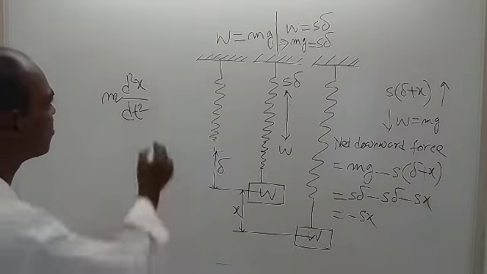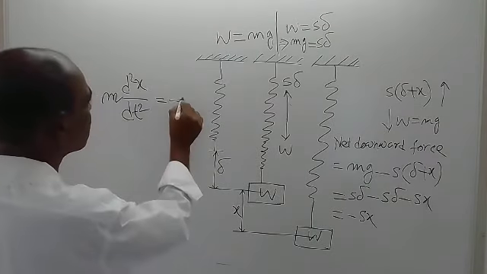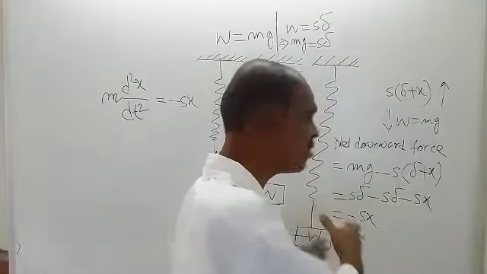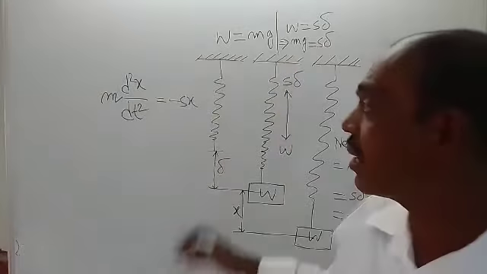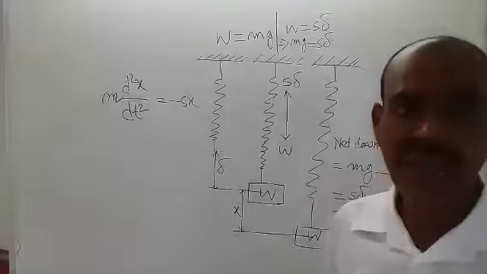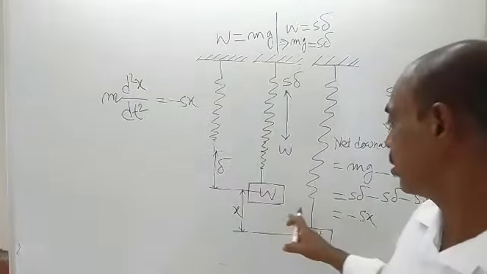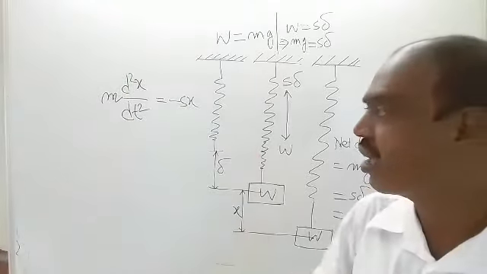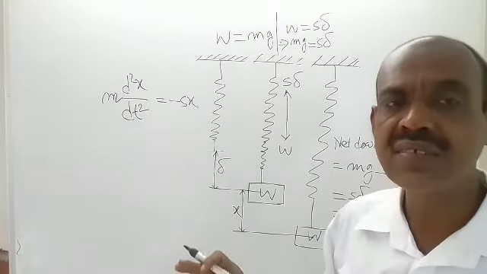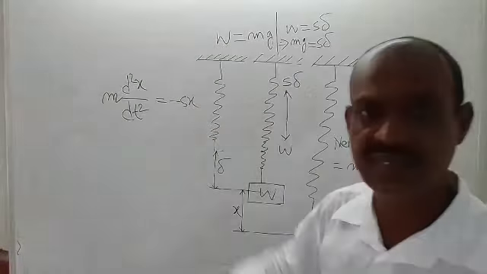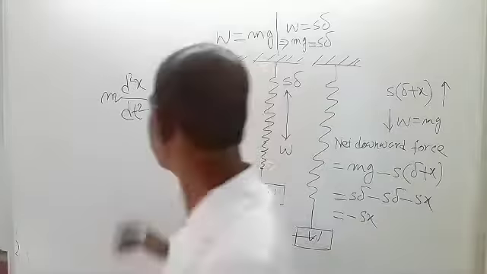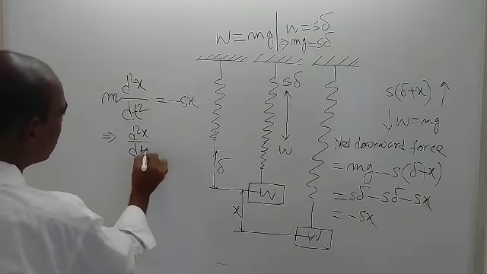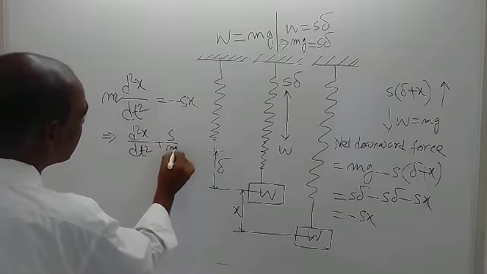So this is equal to minus SX. We have assumed there is some acceleration since force is present, and that acceleration is denoted by d2x dt2, and the mass of this weight is m. So m into this acceleration is the force, and that force is due to the presence of this minus SX. Therefore, this can be written in the next line as d2x dt2 plus S by m into X